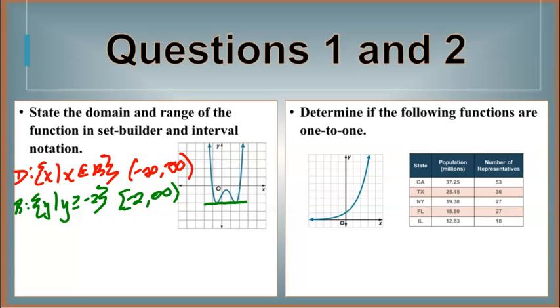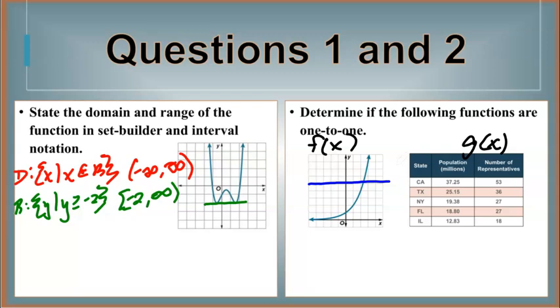Question 2. Determine if the following functions are one-to-one. So here I'm just going to label this as f of x and this one as g of x. For it to be one-to-one, one x value has to have one y value, and one y value has to have exactly one x value. Now if you were given a graph, it has to pass the horizontal line test for it to be a